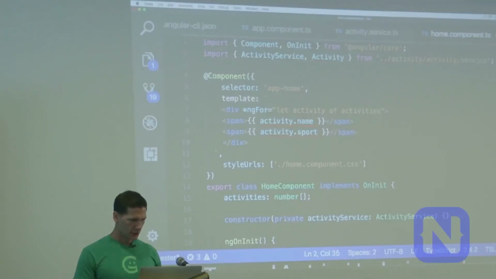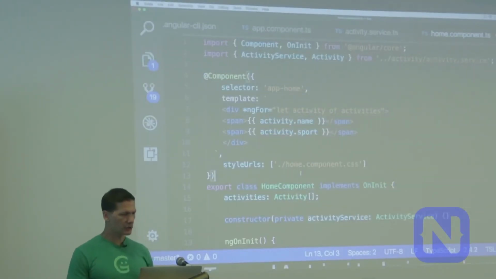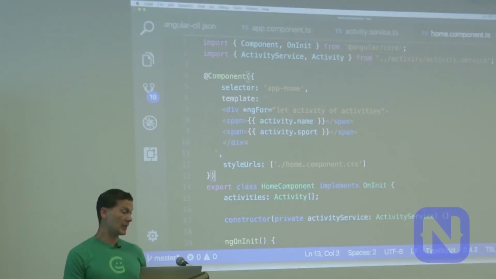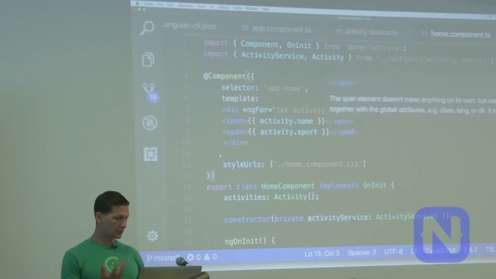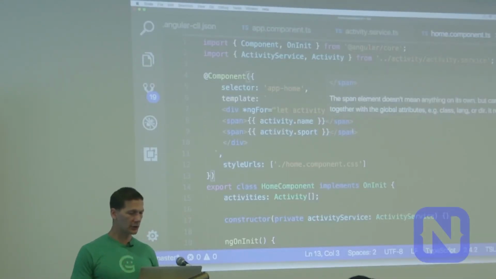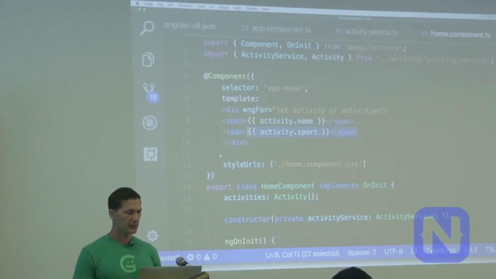Right, so it's because right here I was defining it as a number, but now I'm going to change it to activity. And yes, that's the cool thing. Even though it's a template, even though it's in a string, it can detect, because of TypeScript and the Angular language service and everything, that it's not a valid value.